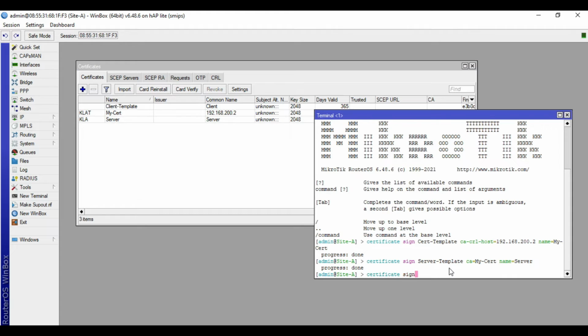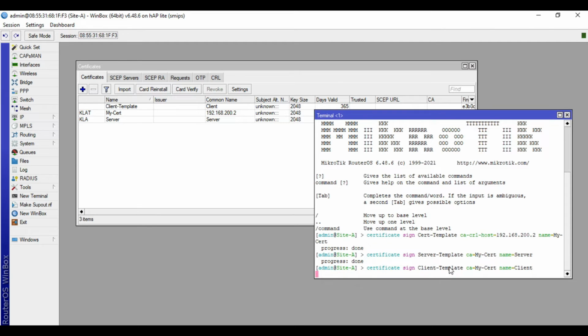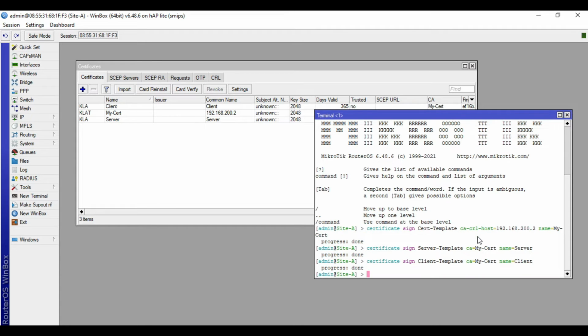Certificate, sign, client template, CA, my cert, name, and put this one a name, client. Press enter. Wait for the process to finish. It's done.